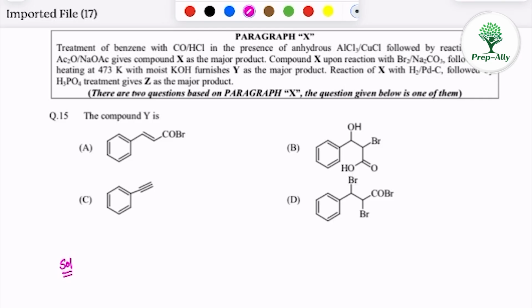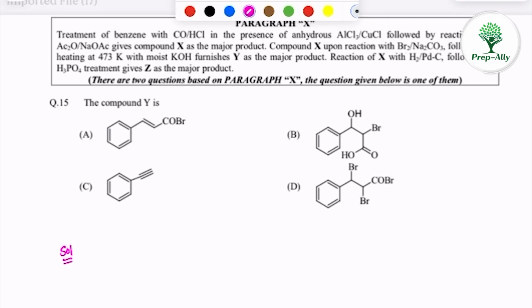by the reaction with acetic anhydride in presence of sodium acetate gives a compound X as the major product. Compound X, upon reaction with bromine and sodium carbonate, followed by heating at 473 kelvins with moist KOH, furnishes Y as the major product. Reaction of X with hydrogen palladium carbon, followed by H3PO4 treatment, gives Z as the major